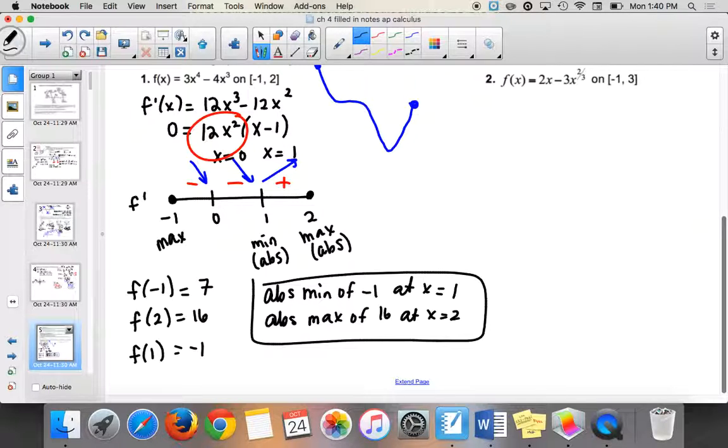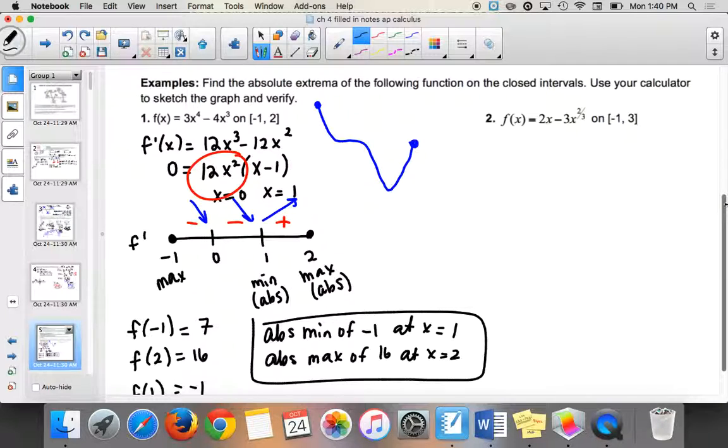You could write the locals, and on the homework I think I asked for all of them. I tried to give you guys little answer blanks on your homework so you don't have to keep writing out absolute max, absolute min. That's what takes a long time, so I try to do answer blanks. But I feel like last year I did an extra answer blank somewhere or I was missing one, so don't be surprised if that happens. I tried to be nice, but then that ends up being mean sometimes. So if I missed one, just add it in. All right. I try to edit each year, but I don't remember if I edited that.